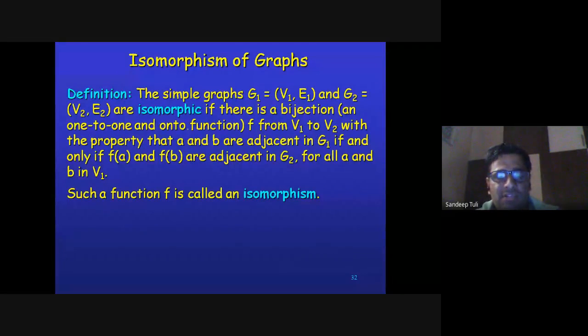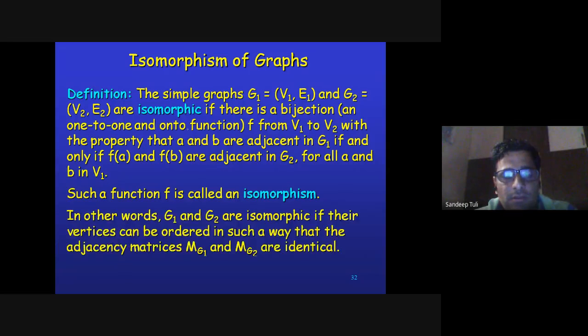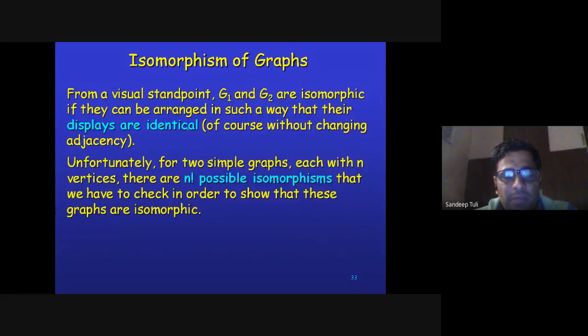It's a kind of function which is one-one and onto function from V1 to V2 with the property that A and B are adjacent in G1 if and only if f(A) and f(B) are adjacent in G2 for all A and B in V1, and such a particular function is also known as an isomorphism function. Okay, example देखो पहले इसका।